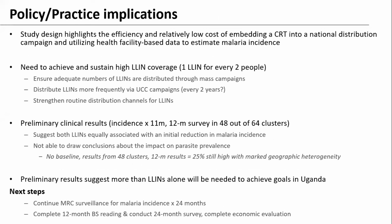So my final slide is the policy and practice implications. The first is that this study design really highlights the efficiency and relatively low cost of embedding a cluster randomized trial into a national distribution campaign, and then utilizing health facility-based data to estimate malaria incidence. We think this is maybe a good way to do these kind of evaluations. And then the second is that we really need to achieve and sustain high LLIN coverage. That's 1 net for every 2 people, by ensuring adequate numbers of nets are distributed through mass campaigns, and also maybe considering distributing nets more frequently via UCC campaigns, maybe every 2 years versus 3 years, and then strengthening routine